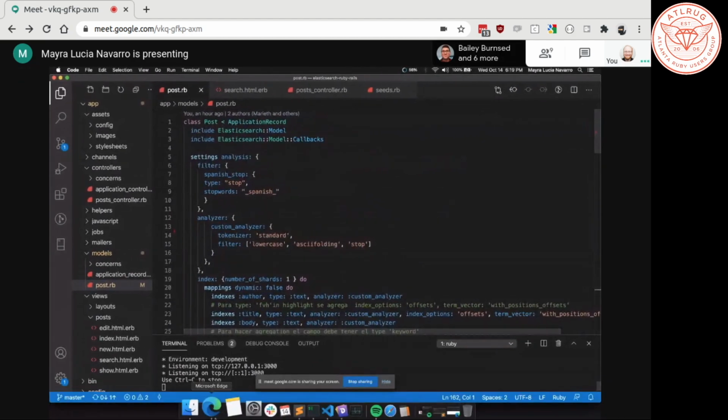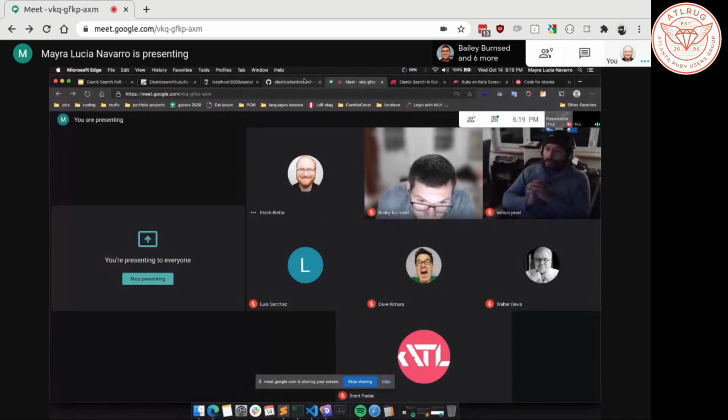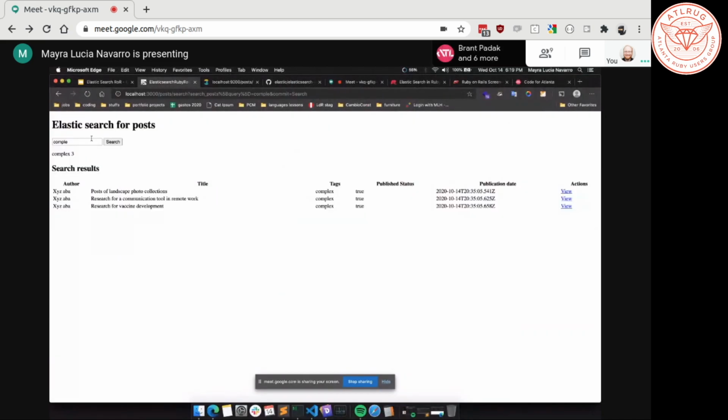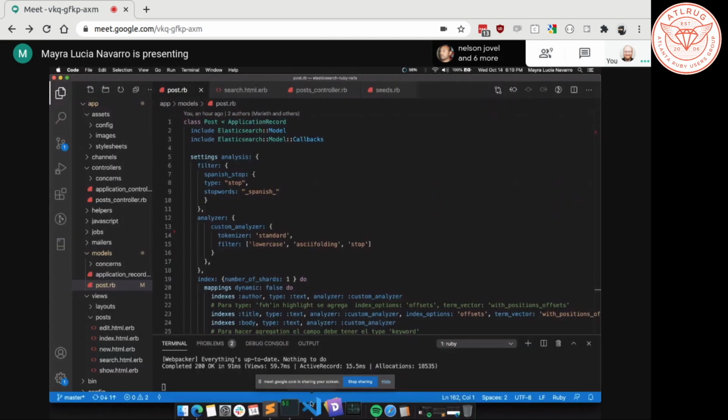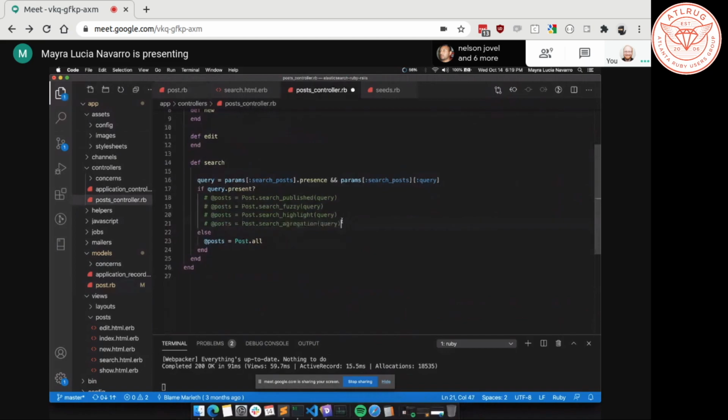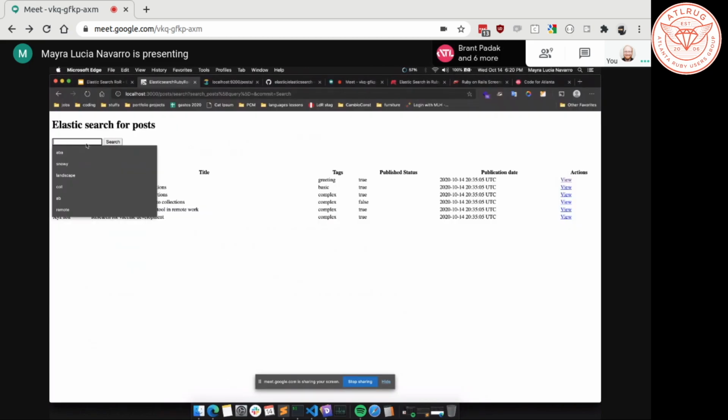Thank you. Okay, this is a close example of what I want to present. This is just something easy to understand how it works. For example, here we have just an Elasticsearch post. We have here just a couple of lines about post, author, title, tags, publish status, publication date, and also the actions. I want to present how everything works here. For example, this is just a self publish about the query that I'm going to send here.